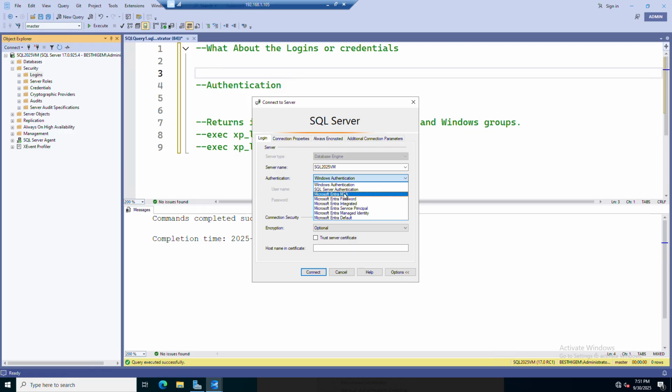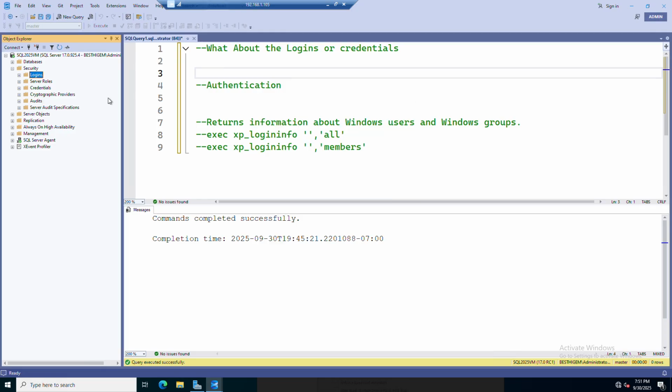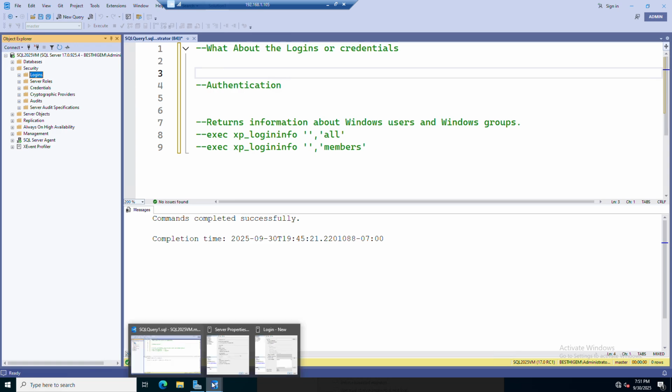And then when you go to Azure, we have all these other different types of authentication: Microsoft Entra MFA, password, integrated, service principal, managed identity, Entra default. Now, in SQL Server, you can have mixed mode authentication. In SQL Azure databases, you can also have mixed mode authentication, which is going to be probably Microsoft Entra MFA and SQL Server authentication. On-prem, which is our SQL Server on-prem, we can configure